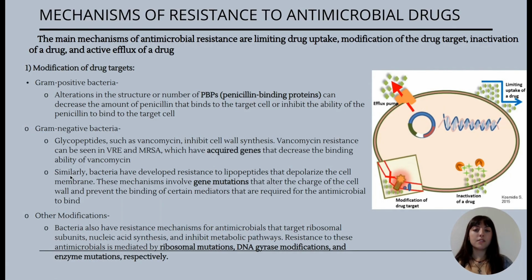Vancomycin inhibits cell wall synthesis. So in vancomycin resistance, like in VRE and MRSA, we have acquired genes that decrease the binding ability of vancomycin. And then a similar mechanism,